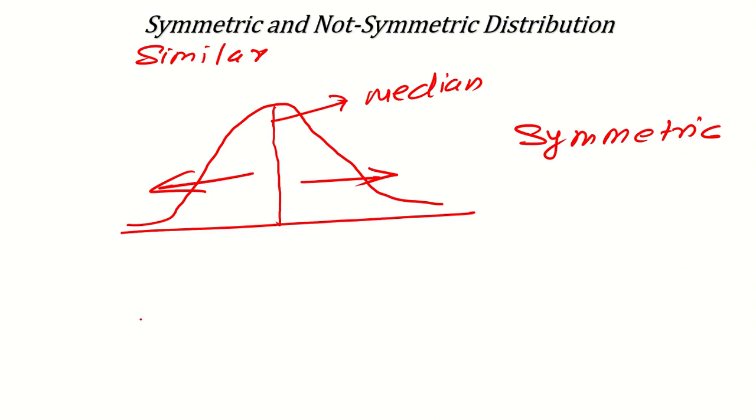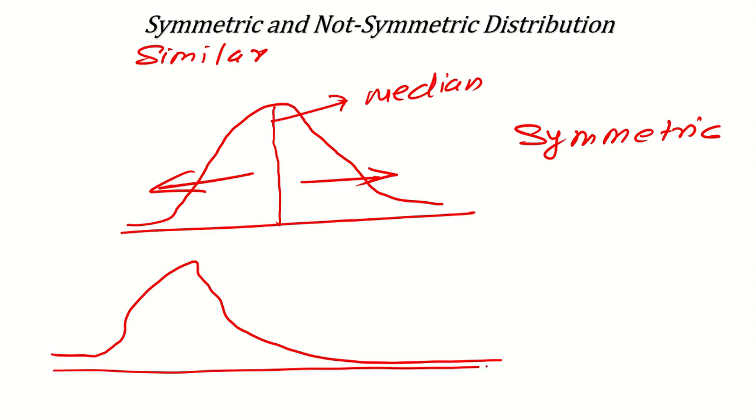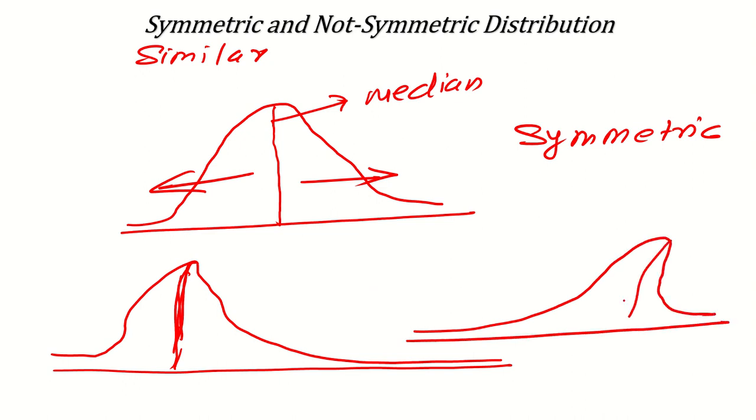Okay, but if you see like this, means graph is not in the center, it is inclined towards left. So that is called not symmetric. Okay, and similarly it can be like this also, like this. Okay, so it is also not in the center, so it is also not symmetric. And same goes with the box plot also. I will tell you. See, if you have a box plot like this,